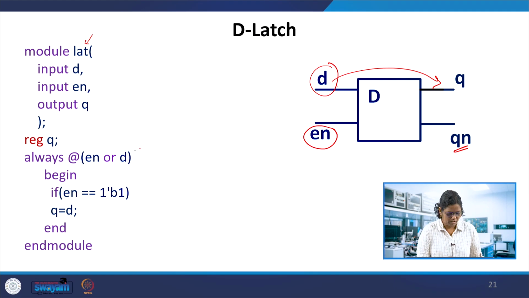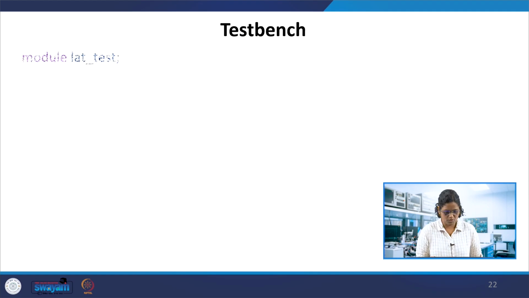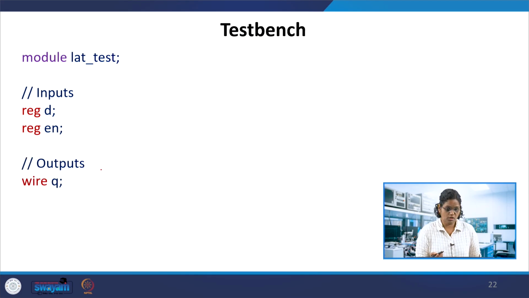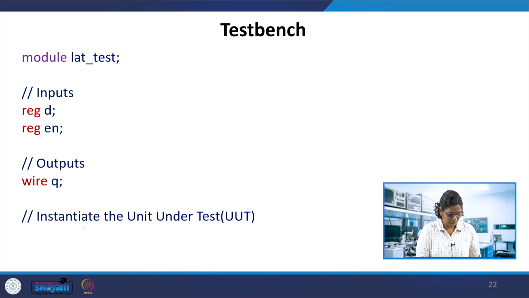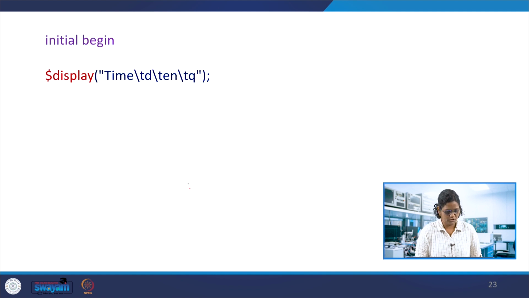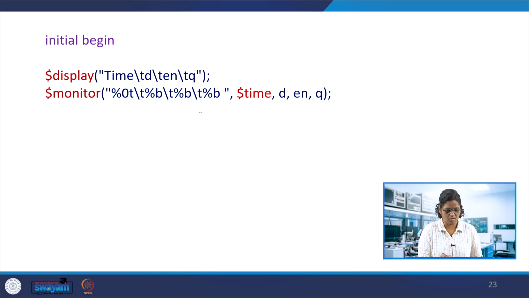Here is the latch behavior we would see using the test bench. So module latch test, that's the module name. Input reg is D and enable also. Here the output is Q, only Q, not Qn. We have not used Qn. Instantiate this latch module here, latch uut (D, enable, Q). Okay, and the initial begin, display: time, D, enable and Q, these variables are displayed in the log file, and with $monitor all these things are monitored and printed over there in the console.